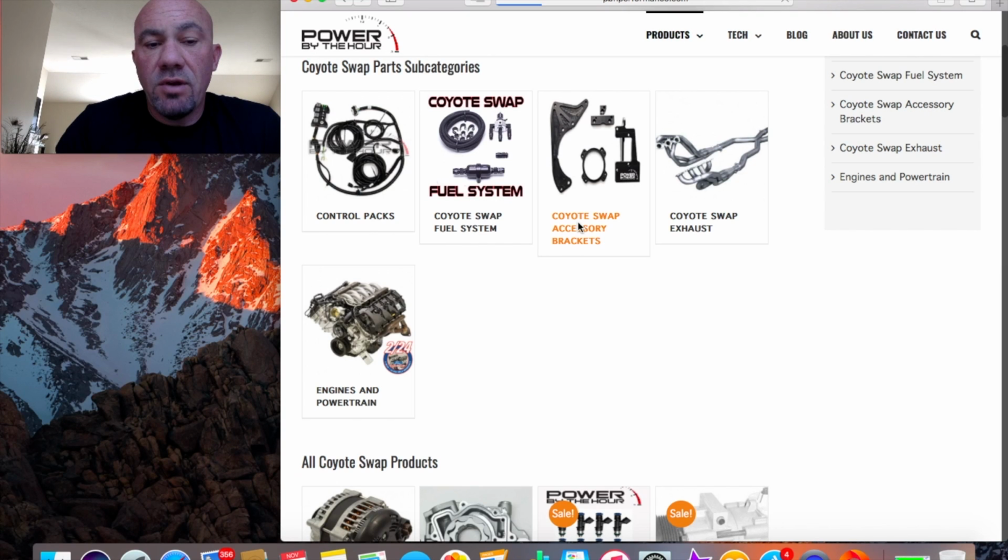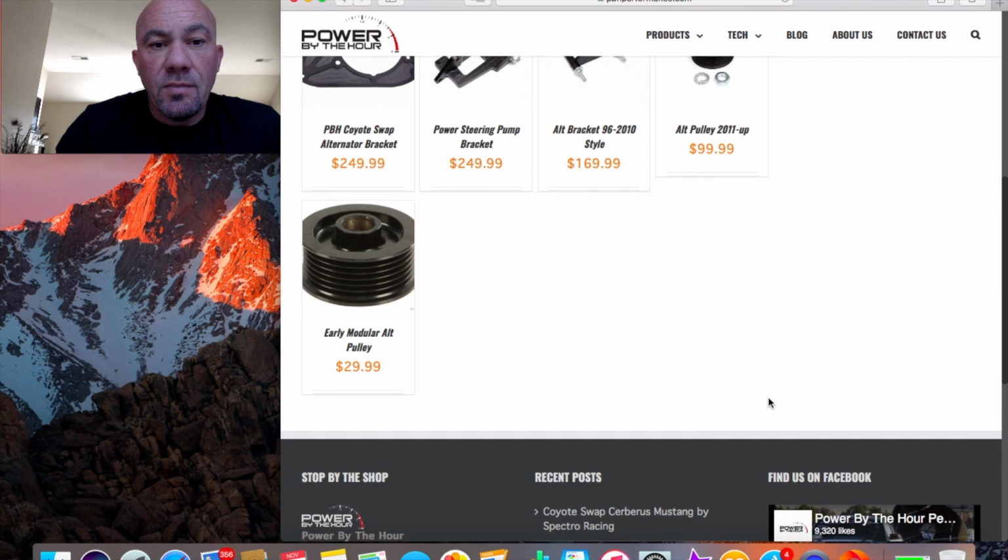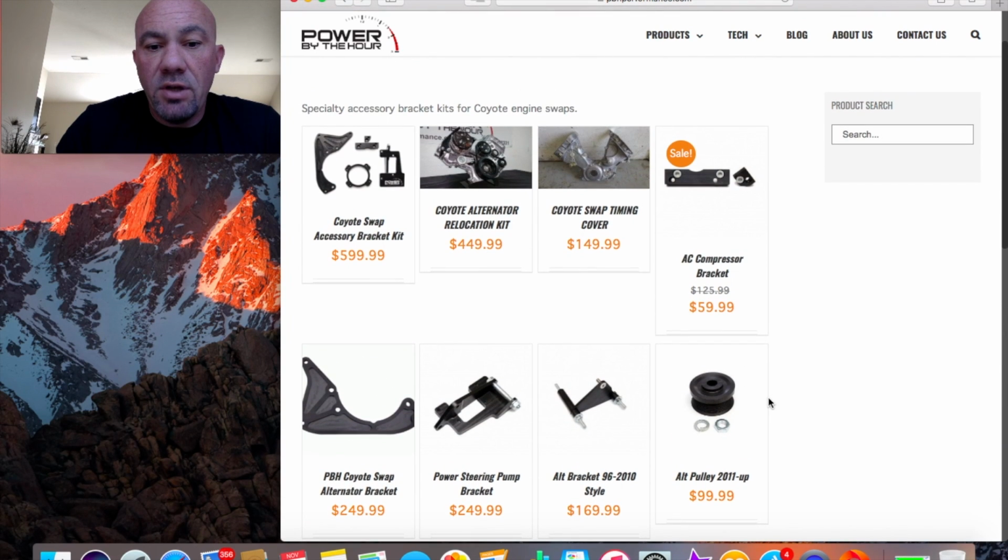It basically lists everything that you need. This is the bracket kit right here that I got. And then this is the accessory kit that I've got. So you got the AC, power steering, alternator, and then all of your brackets to run all of this stuff. So, everything you need